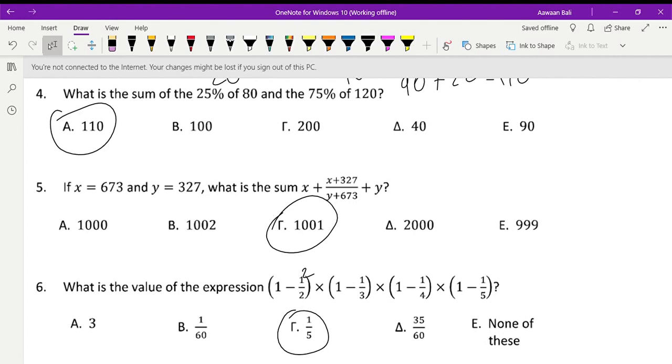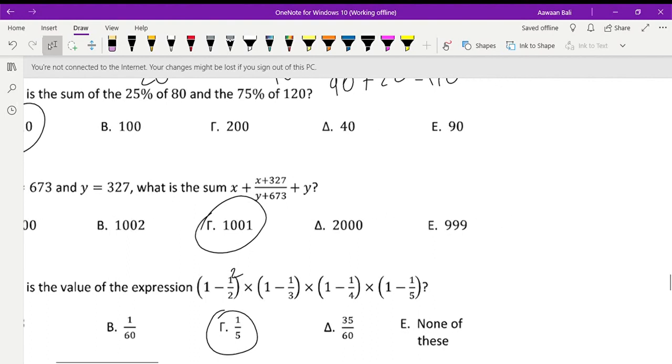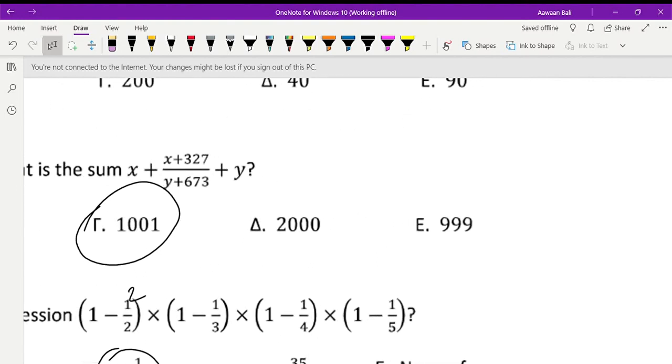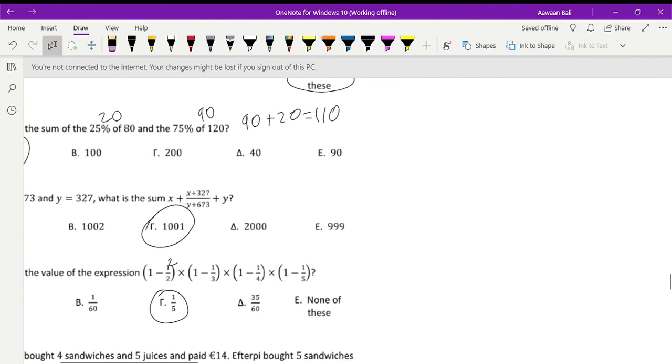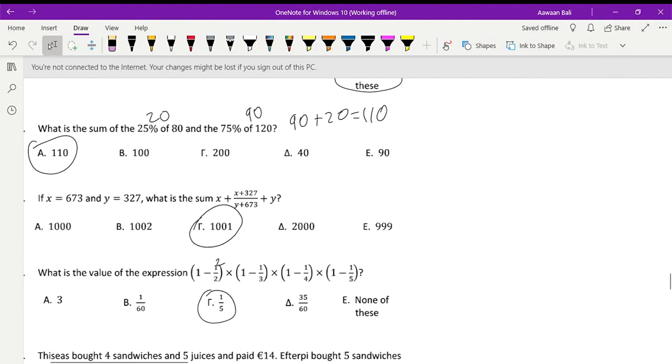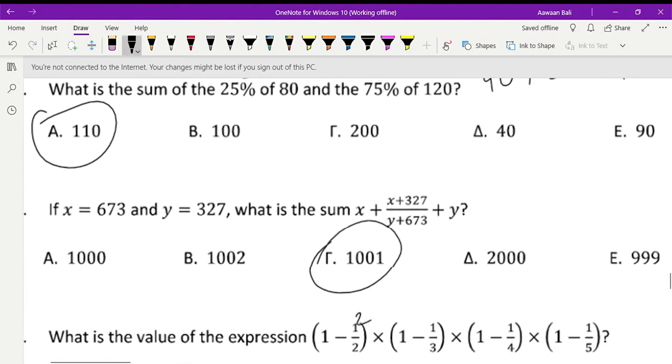Now, question number 5. If x is 673 and y is 327, what is the sum x plus 327 divided by y plus 673 plus y? It may look a bit complicated at first, but if you realize what the sum of 673 plus 327 is, it'll become really easy. So once you add them together, you get 1,000, which means that this is 1,000 and